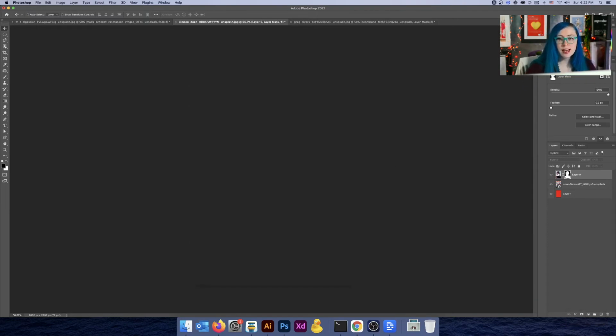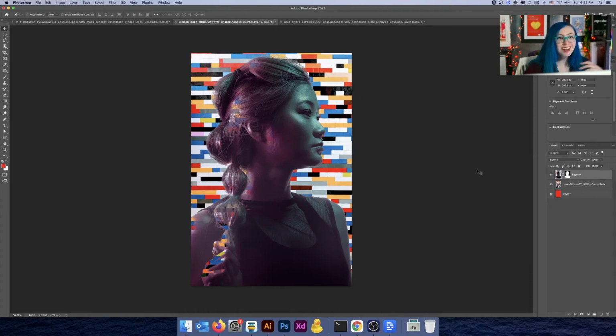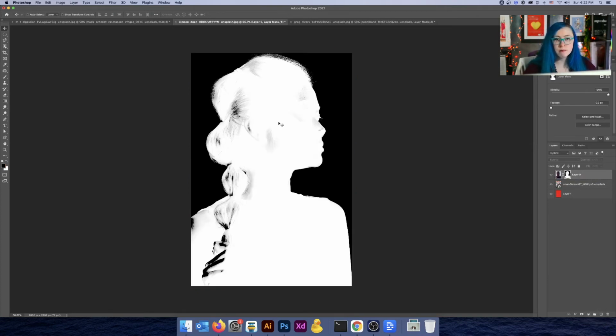What effect did that have? Going back to the photo, look how much cleaner that is. You can see that a lot more of her face is showing. A lot of the background is much clearer. And what we have left are these little bits and pieces where the background is still showing through, because in our layer mask, we still have grays there. So let's clean those up. You can either do that in this view or in the layer mask view, but I prefer to do it in the layer mask view because I find it much easier to see where things might be showing through in the simplified view.